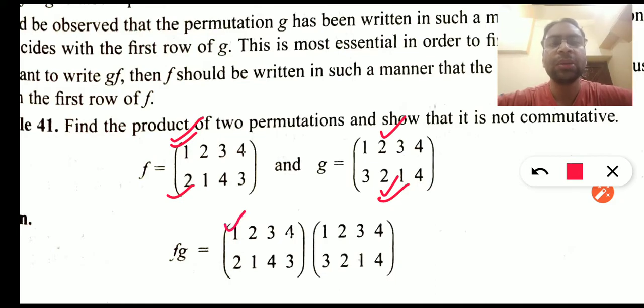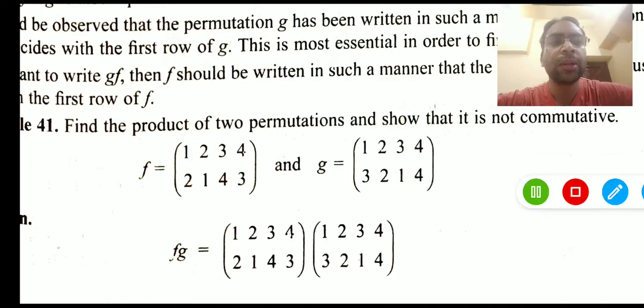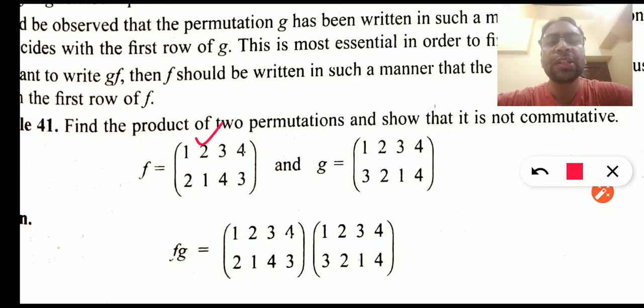Now let's find out the second element. Here 2 is mapped with 1. So here the second element 2 is mapped on 1. So we'll search 1, and which is mapped with 3. So the resultant mapping will be 2 to 3.